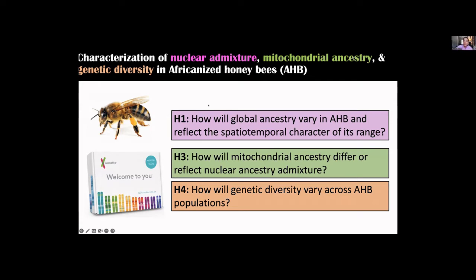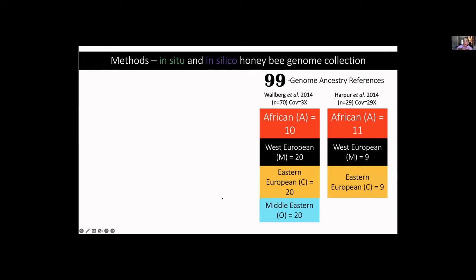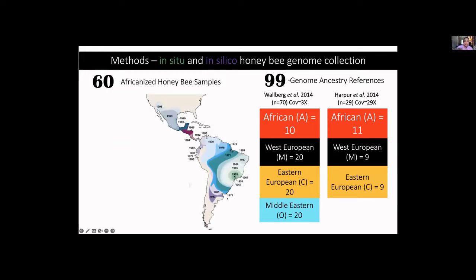And so I was interested in just expanding what was already done and including more sites in understanding admixture in Africanized honeybees. So the first thing that I did was made good use of 2 available sequencing projects, Wallberg and Harpur's sequencing projects, that had sequenced various subspecies of mellifera, and so I collected 99 from NCBI. And so I had my reference panel built from these sequencing projects, and I collected 60 Africanized honeybee samples in